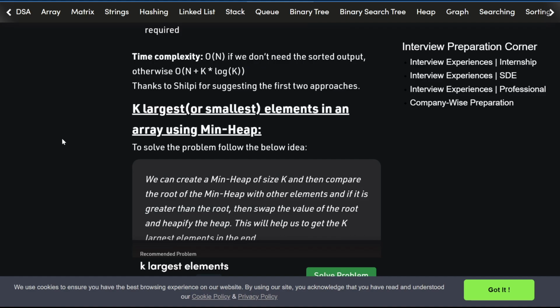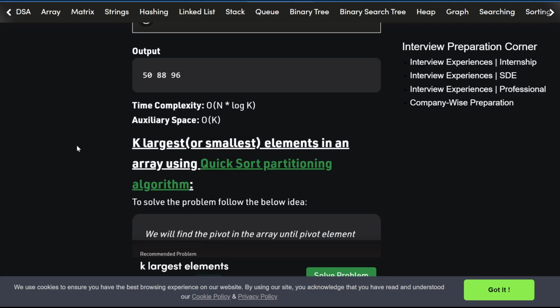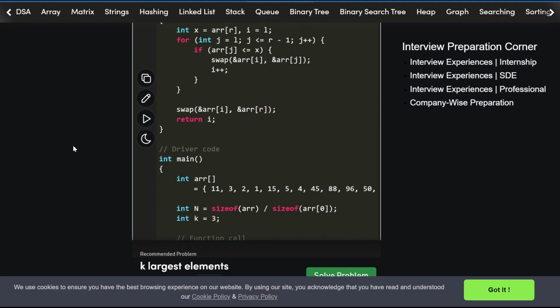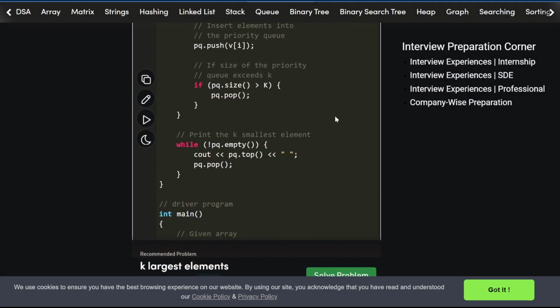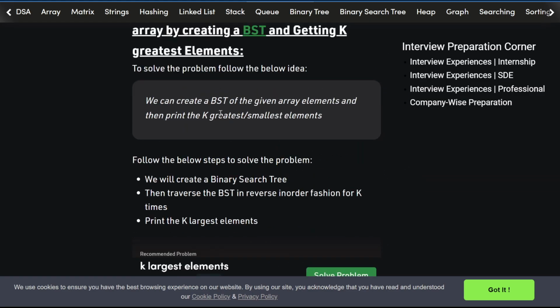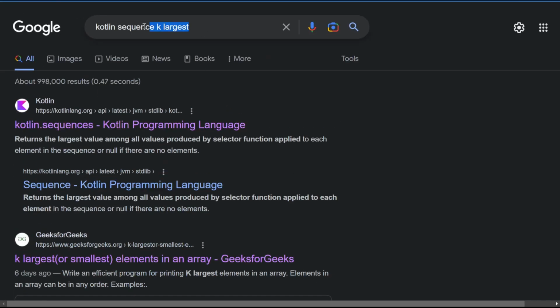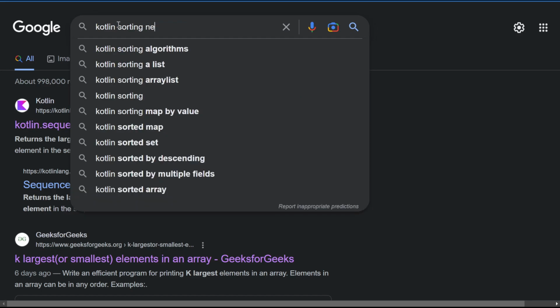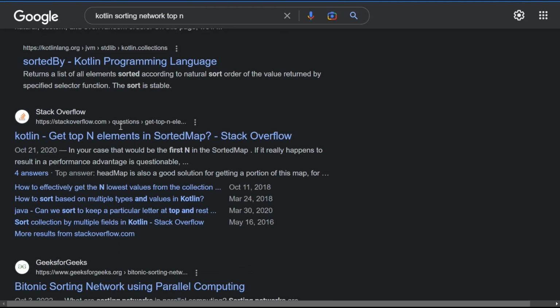I don't want to use a max heap. I mean, I guess I could. That actually is sort of the right way to do it. But there's like sorting networks that can get you the... Why would I use quicksort for this? Are you insane? No, I will not sign up. A BST? These are all the same algorithm. They're like sorted. I mean, a min heap, I think actually in this case we'd want a max heap, is actually kind of a reasonable approach. I'm just surprised there's not like a Kotlin sorting network top n, right? Like ordering, I mean, top n elements in